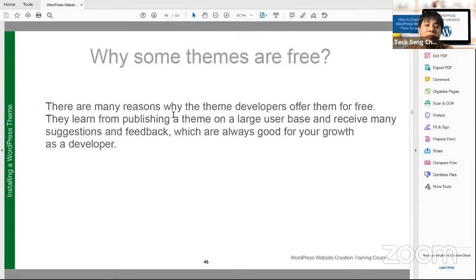So usually when you download a free theme, it is just something that they learned on, and usually they don't care about it after they learn and after they develop a premium theme. So a free theme is never a good idea to use for WordPress.